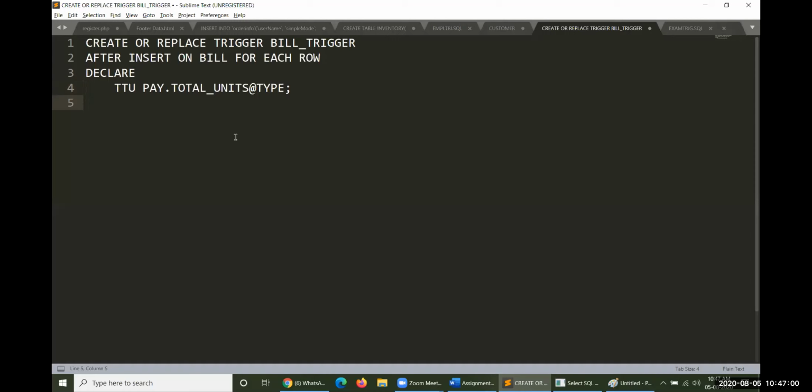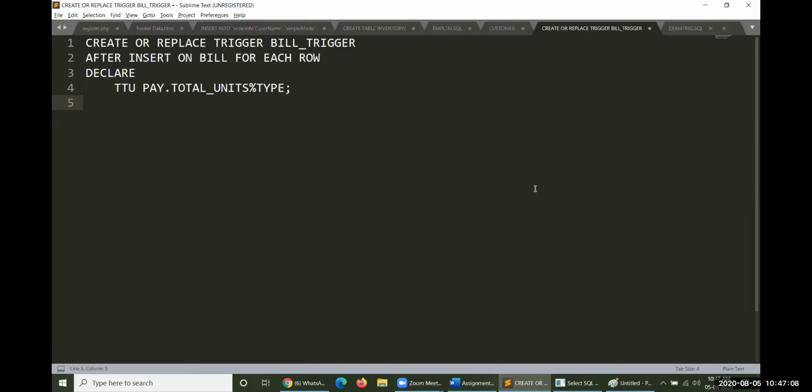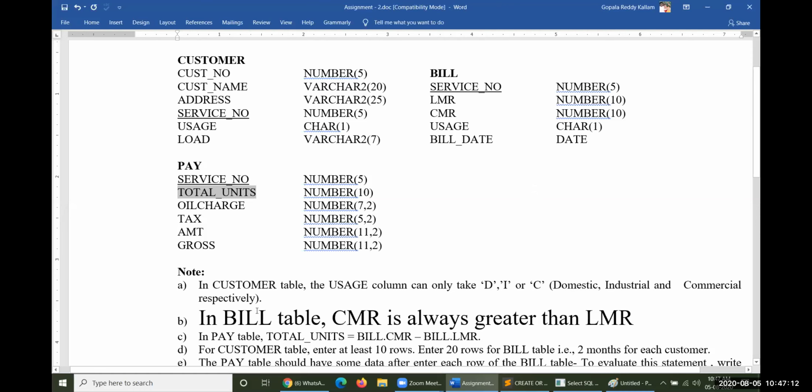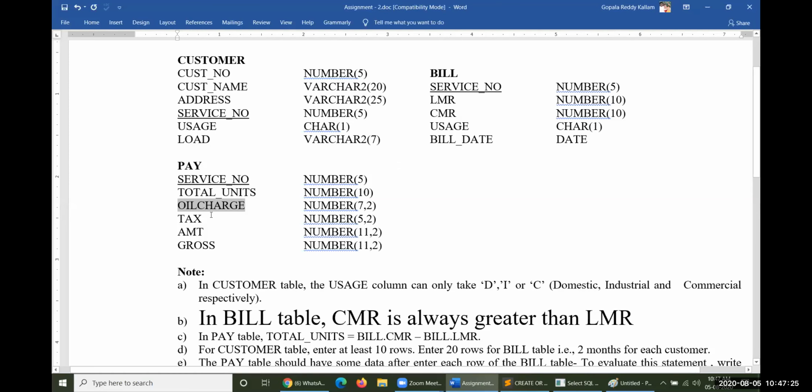Okay, sorry, percentile type, not at the rate, percentile type. Okay, then next one is oil charges. So TOC, temporary oil charges. Here also, I'd like to take this particular column directly. So pay.oil_charges percentile type. Okay, this one, and then followed by the amount tax.